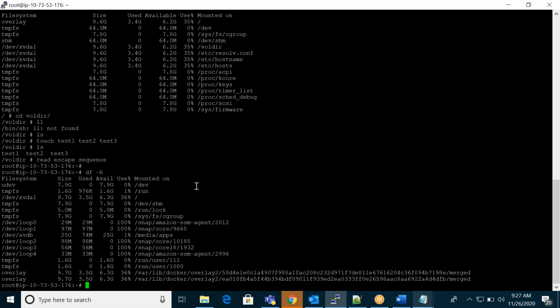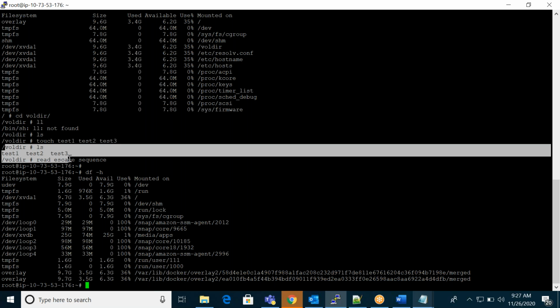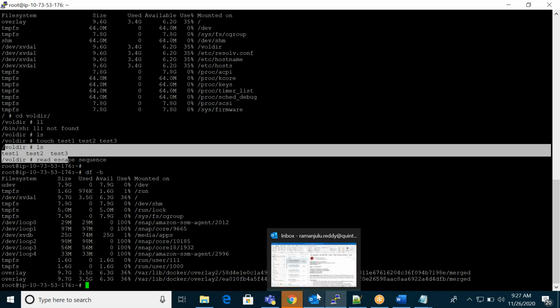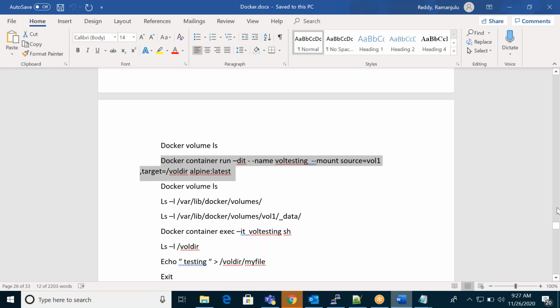Right. So now what we'll do: the same volume one, I will mount into different containers, so we'll see the same data.